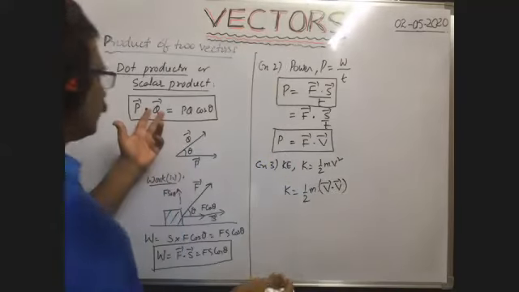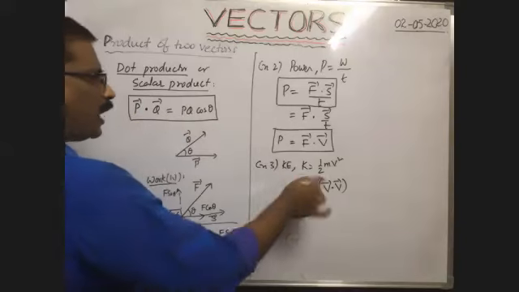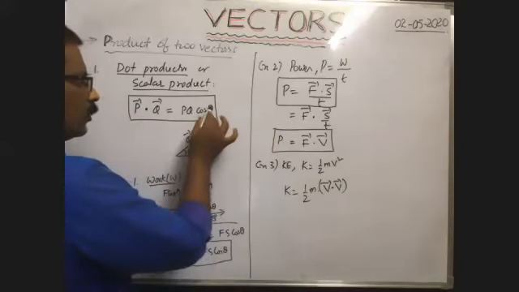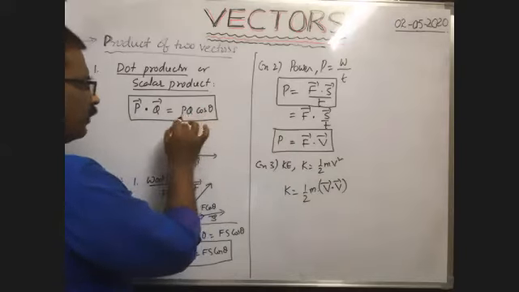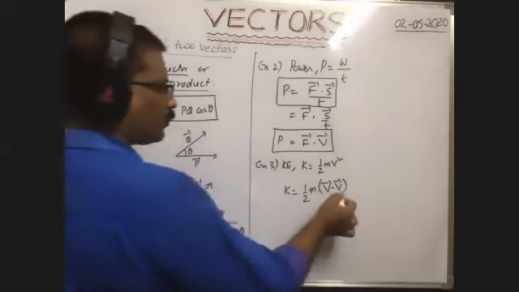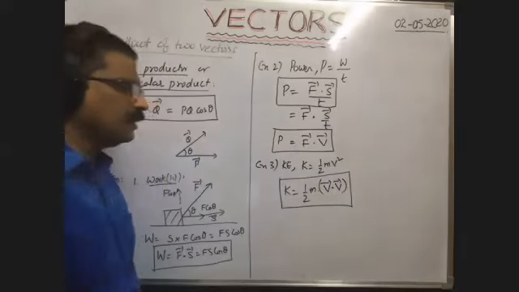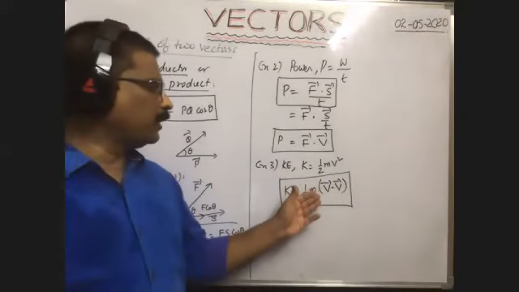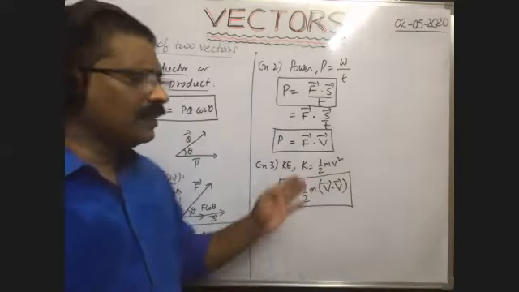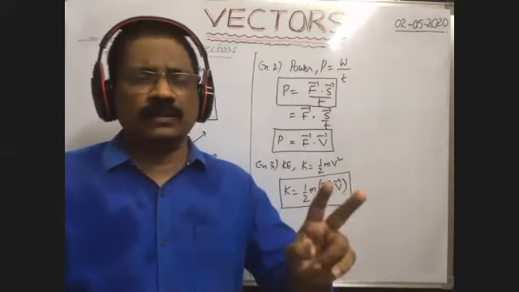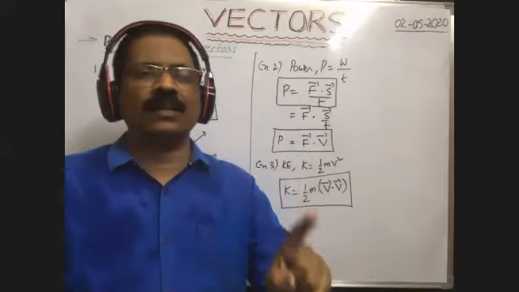because you apply the same principle here. V bar dot V bar means V into V cos, as both are the same vectors, the angle between them is 0. That's why V into cos 0, which is 1, gives V square. That's why V square can be written as V bar dot V bar, no? That's why I wrote it here. So if you are given velocity in vector form, then the formula for kinetic energy is half m into V bar dot V bar. Here there is a dot product between two vectors. There is no dot product between a scalar and a vector.